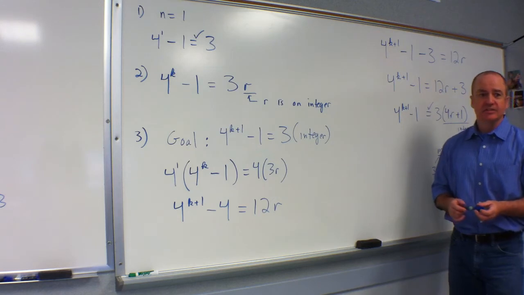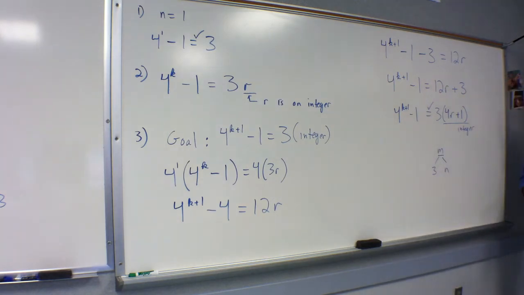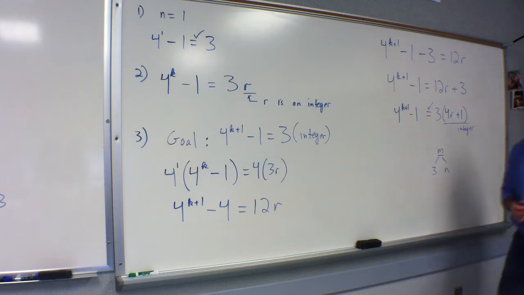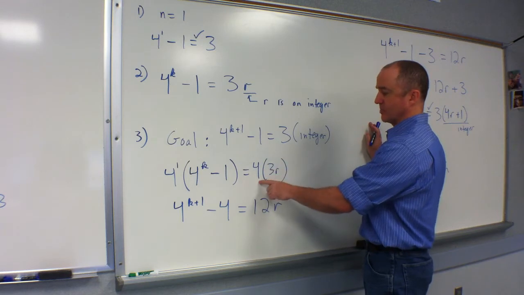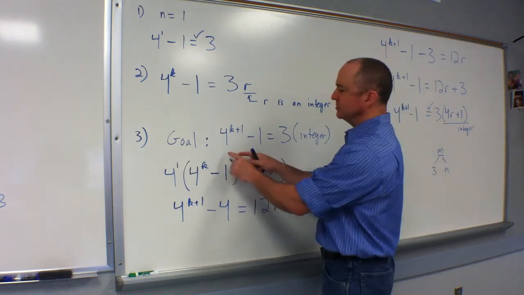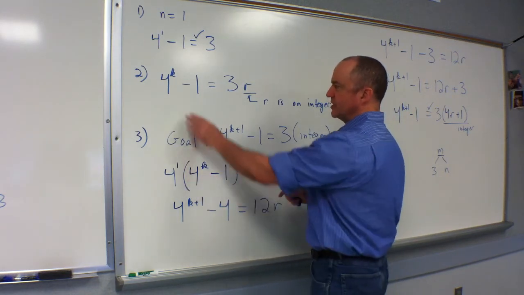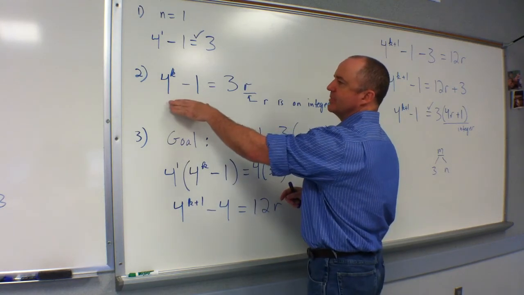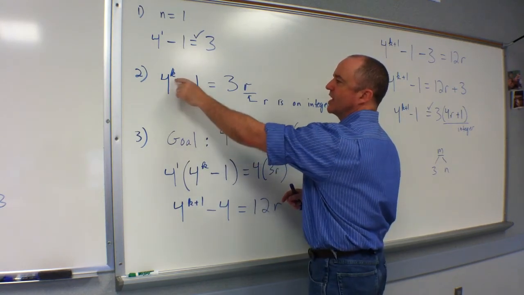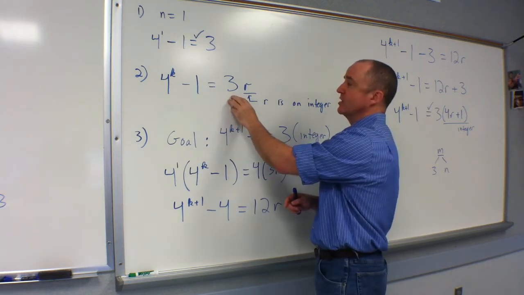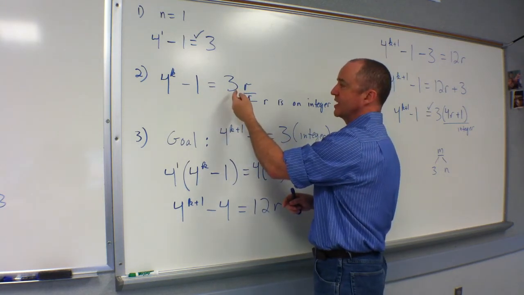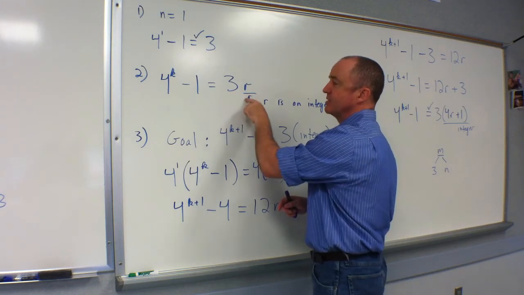Sorry, I have a question. For the very beginning of step 3, on the right side, when you got 4 times 3r, what made you come up with the 3r? Step number 2 was to assume that 4 to any number minus 1 really is divisible by 3. And my way of writing divisible by 3 was saying it can be represented as 3 times some other number,